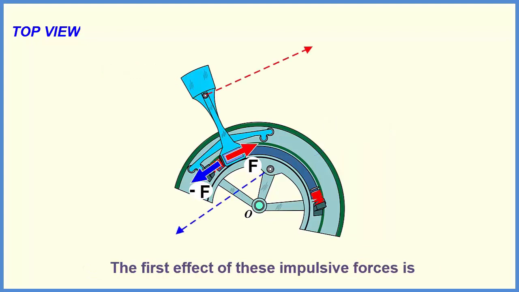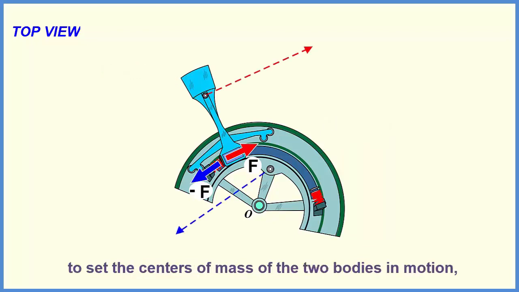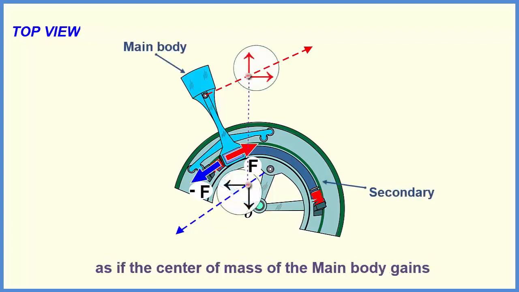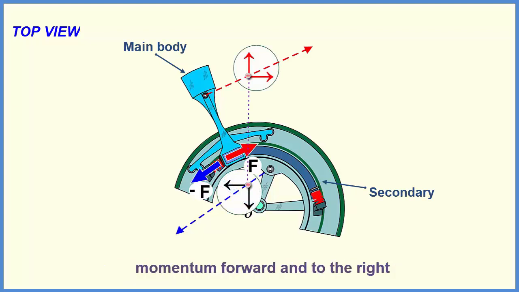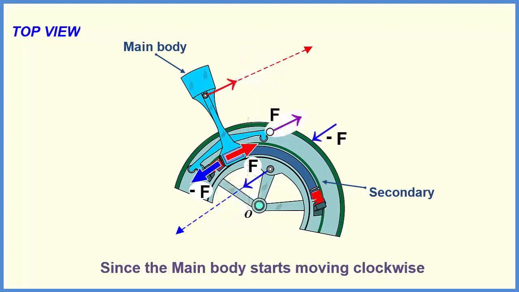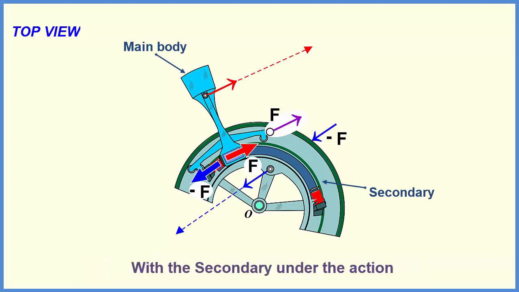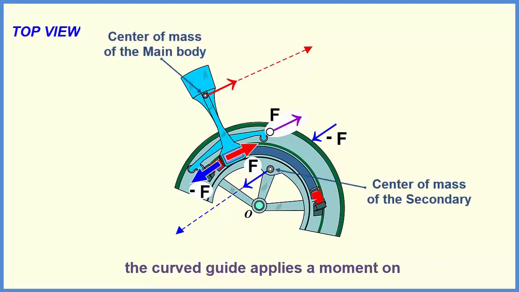The first effect of these impulsive forces is to set the centers of mass of the two bodies in motion, parallel to the corresponding spring force, as if the center of mass of the main body gains momentum forward and to the right, and the center of mass of the secondary gains momentum backward and to the left. Since the main body starts moving clockwise in the illustration, its perpendicular right arm applies the same force of the expanding spring on the curved outer guide wall of the secondary, with the secondary under the action of an equal and opposite spring force. The curved guide applies a moment on the perpendicular arm of the main body to cause